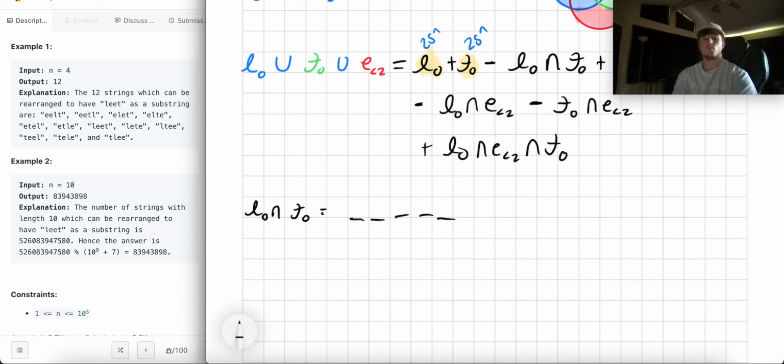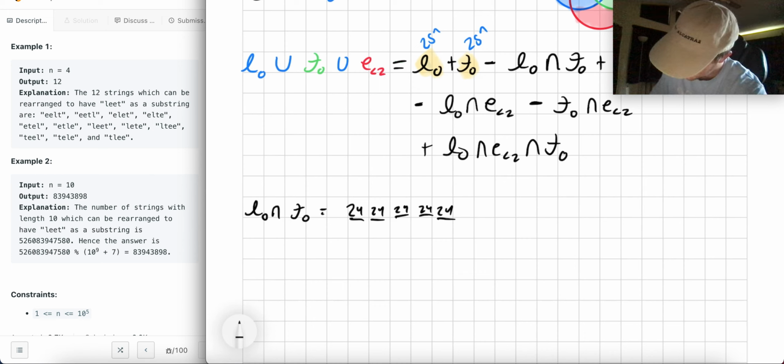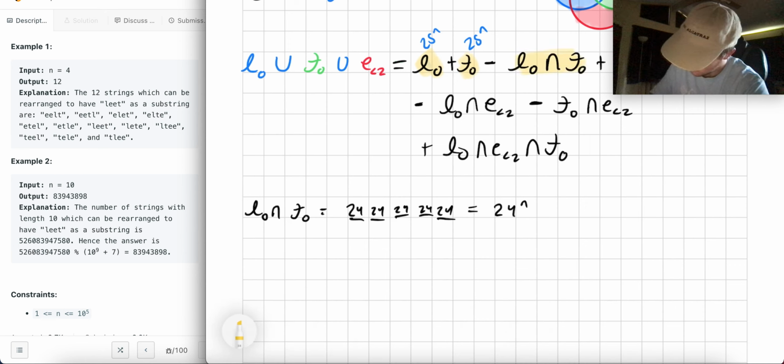Well, if you have 0 L's and 0 T's, that means you have 26 characters. You can't use an L and you can't use a T, so you have 24 remaining, right? So I can put any 26 characters except L and except T in any of these slots, which means I have 24 total characters that I can use. So that is 24 to the n. All right, so this gets replaced with 24